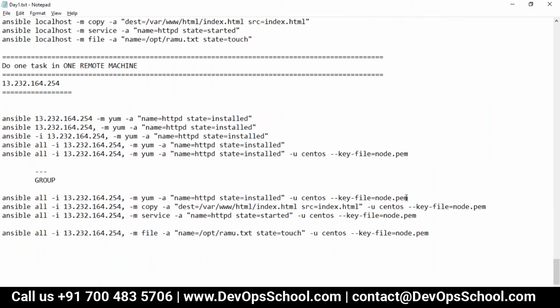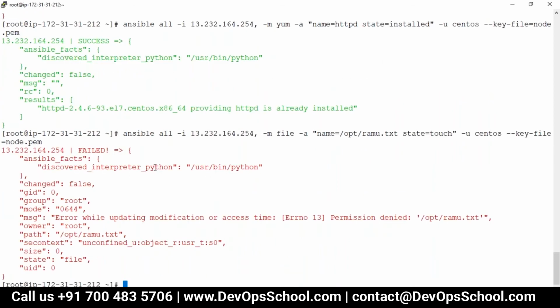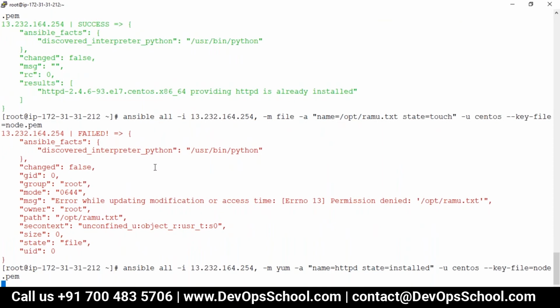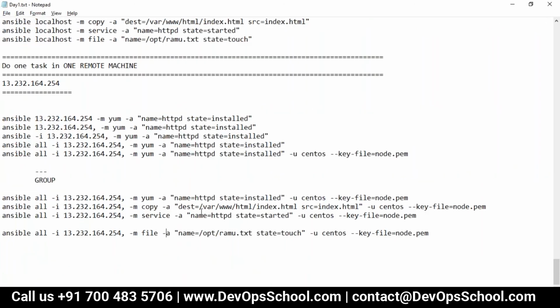But guys, there is a problem. See here, I'm trying to install it here, but here it didn't prompt me for the password. I mean, a permission issue. No, we have already created /opt/ramu.txt, right? As the root user, we created it, I think. So we are trying to touch the file as the centos user, so basically it won't allow.